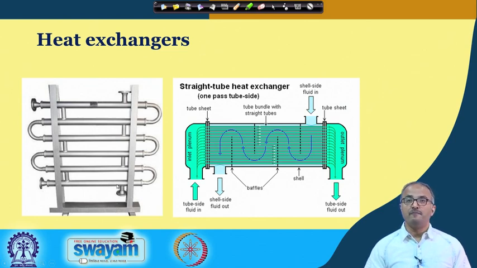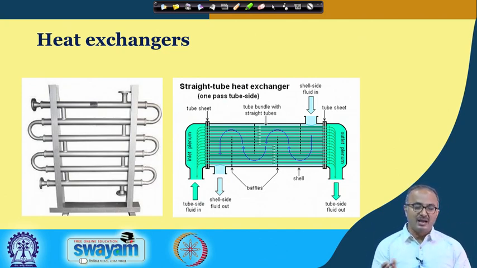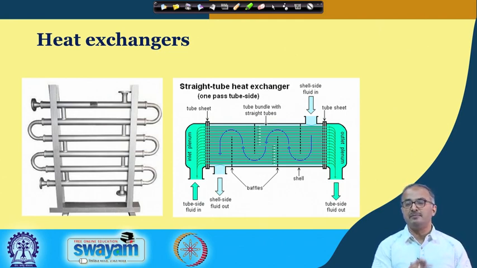And why are these passes made? Because we do not want very long pipelines. If we do not put in passes, we will end up with a pipeline so long that by calculation it may come to kilometers even. Okay, that is unreasonable. So, we have to design in such a manner that we can make it compact in a reasonable size, and that is why, to give more contact time between the two fluids, we make passes.